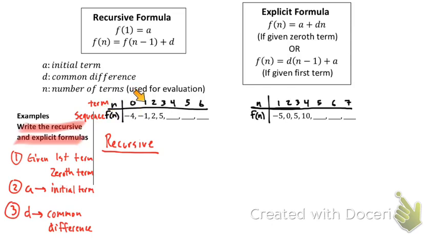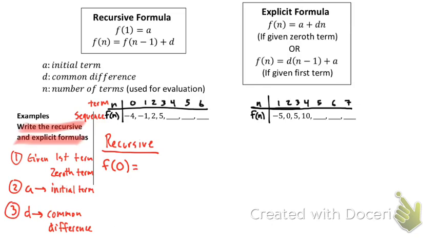So I'm looking at the first term, but we don't want the first term, we want the 0 term. So instead of having the number 1 in here, we have our 0 term. So it's going to be a 0